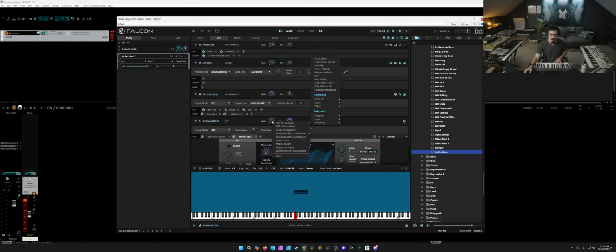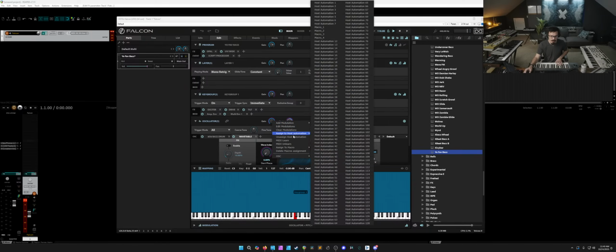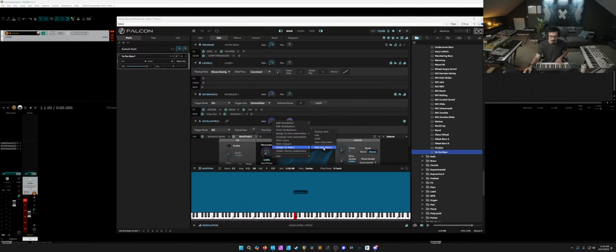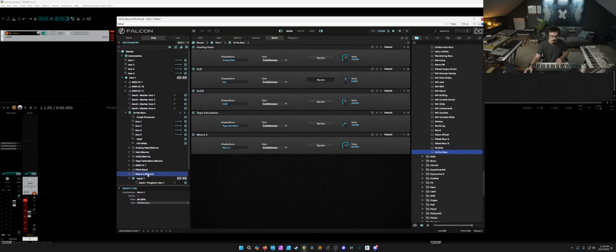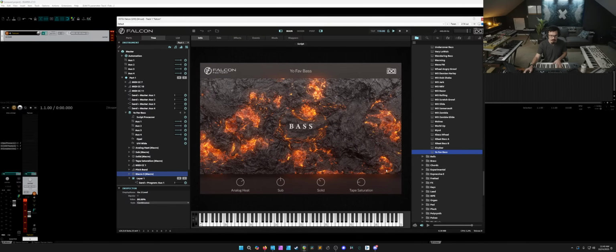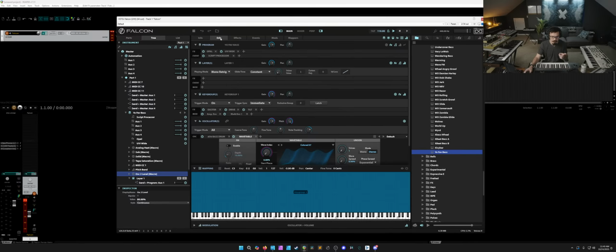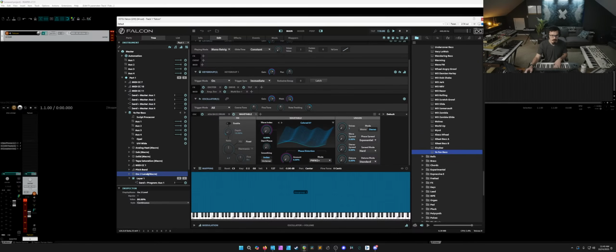And now let's say I want to control that level. Let's add a macro. So I'm going to add a new macro. We can find that over here. I'm going to call this os2 level. And back on the info tab. Oh, because it's running a script. Yeah, it's going to lock you out of that. Anyways,